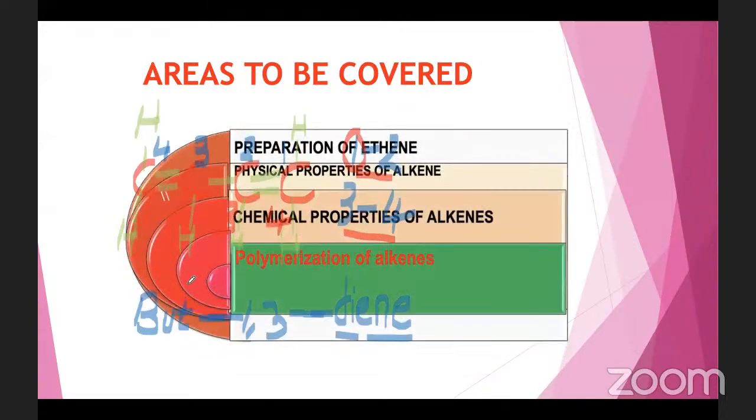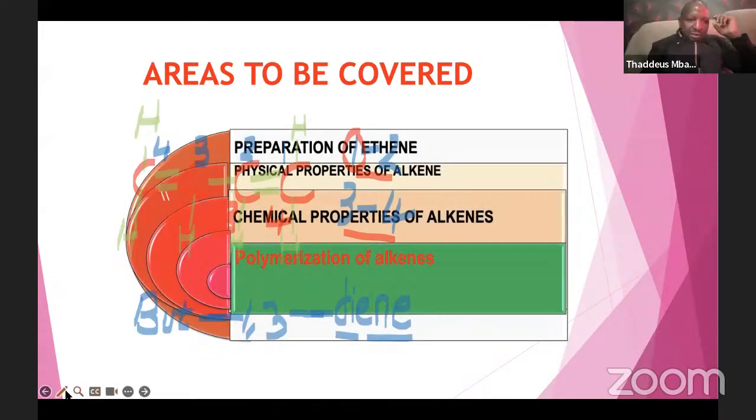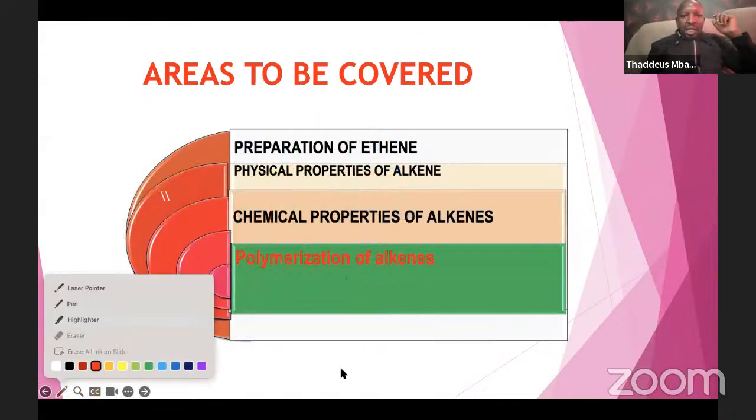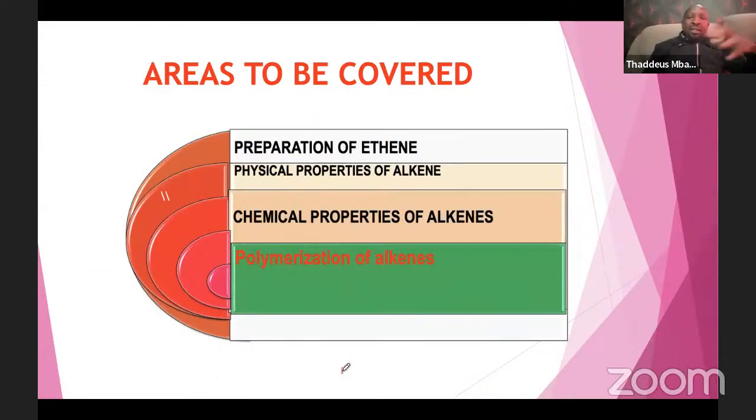Now let me continue. Today we are going to deal with, of course I had to start with that because there are some students who had not understood that concept, but I think now you have ingested, digested, and assimilated the wisdom on nomenclature of alkanes. So I want us to navigate through the deep waters of the alkenes homologous series, and we are looking at the preparation of alkenes, specifically ethene.